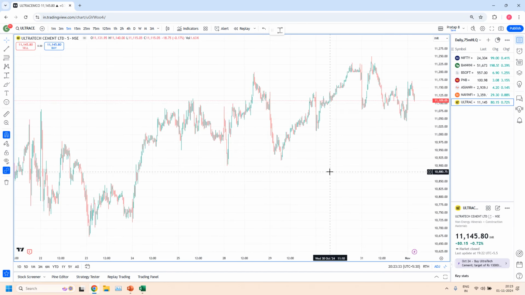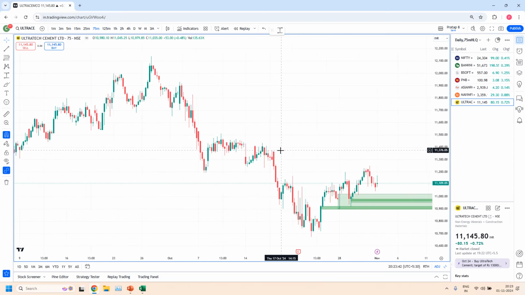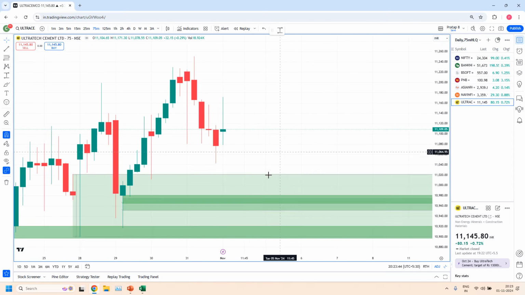Okay, next one is Ultratech Cement. But anyway, with this Navin Fluorine we didn't get a trade today. Next, Ultratech Cement is again a 75 minutes high liquidity demand zone. Here you have a drop candle, you have